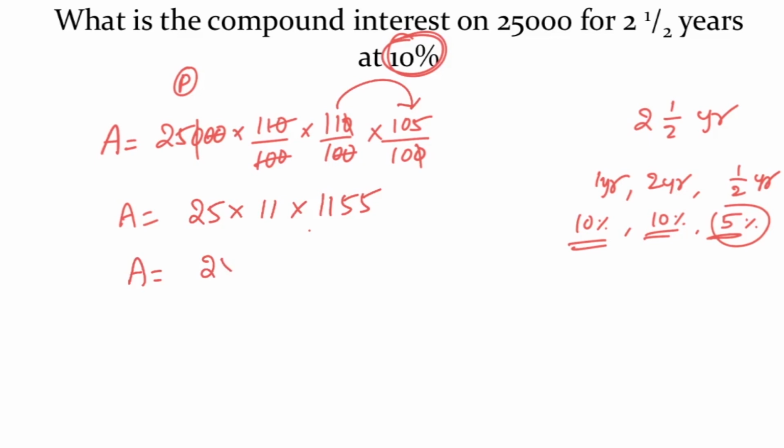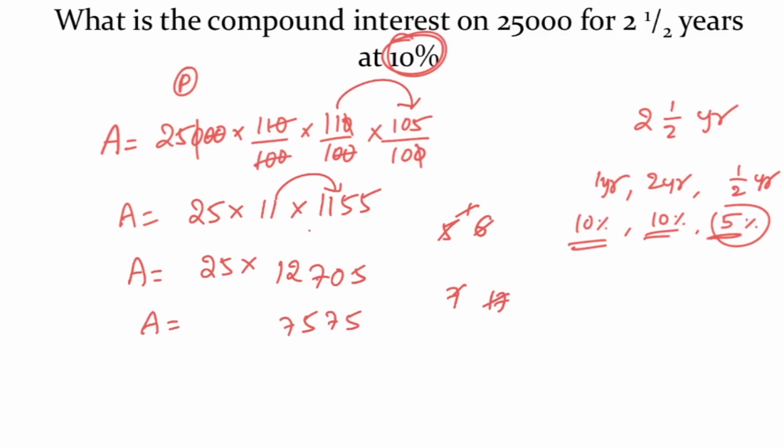Amount is equal to 25 into 11 into 1155. 11 5 is 55. 5 60. 11 1 is 11 plus 6 17. 11 1 is 11 plus 1 12. 12,705. So A is equal to 25 into 12,705. 25 5 is 125... 25 0 0 7. 25 7 times 175. 25 2 times 50 plus 17 67. 25 ones 25 plus 6 31.